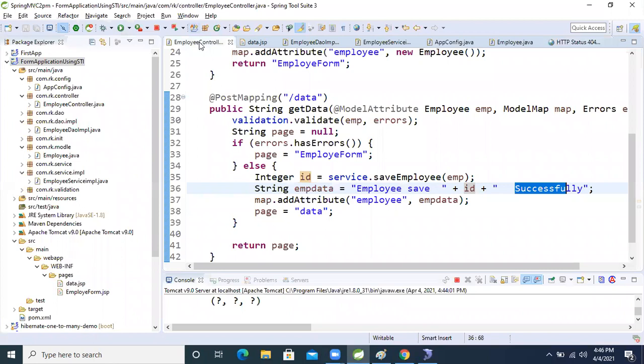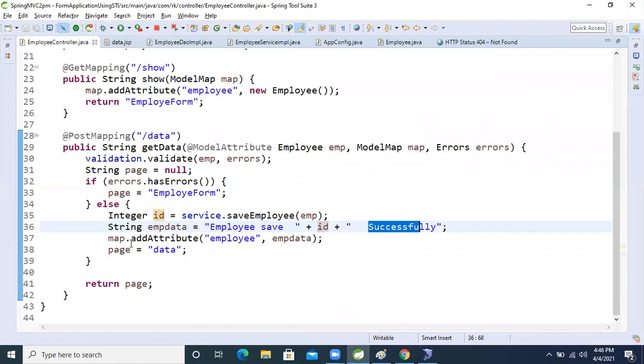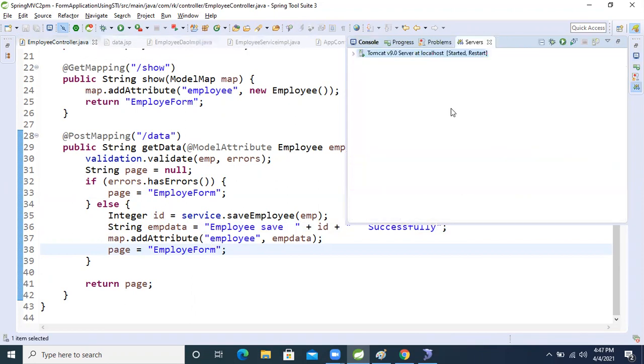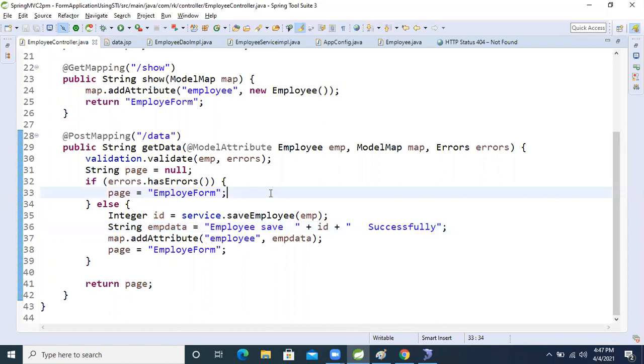We will return the same message in this employee page only. So we will paste this page name here. If we want to store multiple employee objects in the database, there is a problem at that time, because of that I'm saying this.